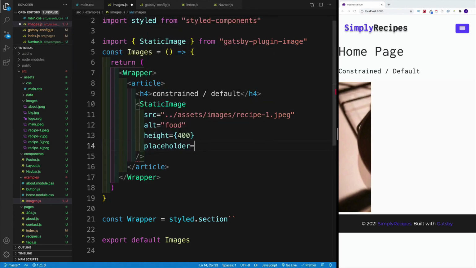And then we have, remember, a placeholder. So this is the pattern that we can show while the image is loading. And in here we have blurred, we have dominant color, we have none, as well as traced SVG. And if you remember, dominant color